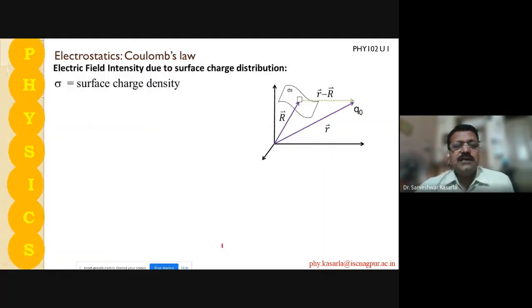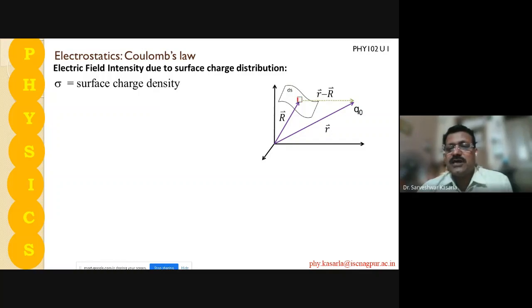Next we see the surface charge distribution. There is any surface area where charge is distributed along this surface area, and here one has to find the intensity. So we consider a small area, ds, where the small area will